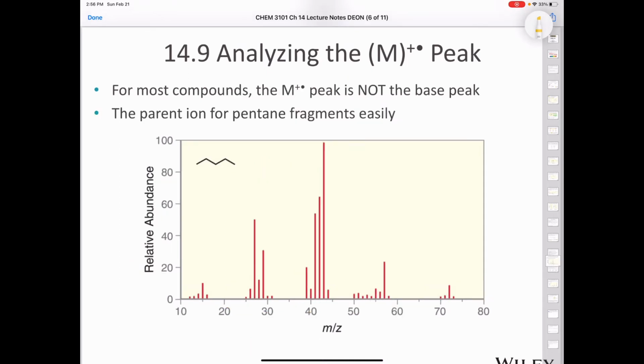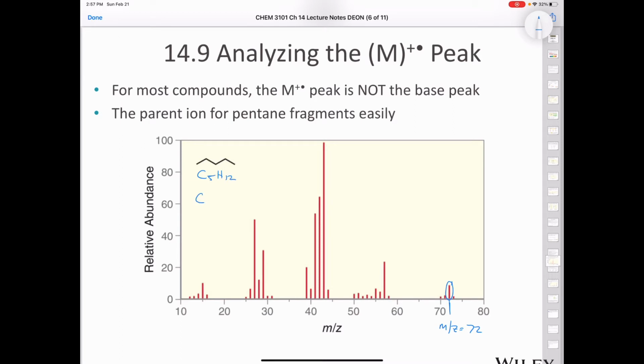For example, take a look at the mass spectrum of pentane, which is shown here. In pentane, the molecular ion, which is right here at 72, so this is m over z equal to 72, you can see that the molecular ion is very small. And again, where does that molecular ion come from? Well, pentane is